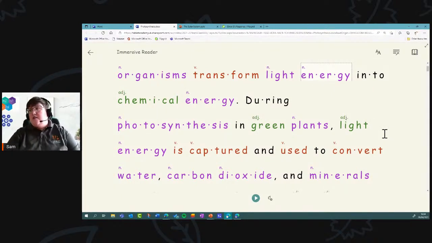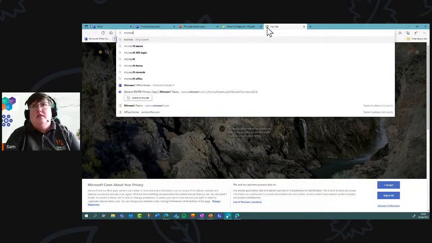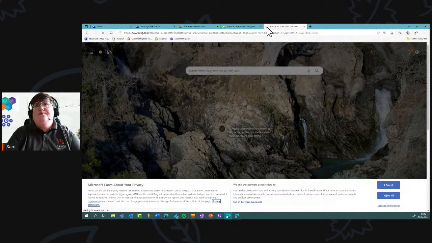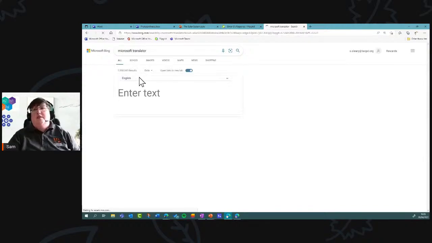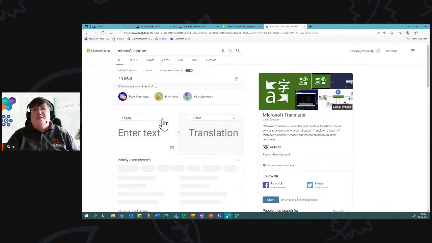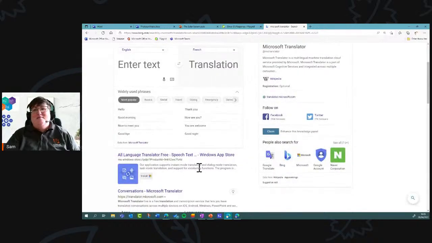Okay, so we said we've got the captioning, we've got the Immersive Reader. One thing just to point out around the captioning that we haven't mentioned here is that it does have the ability to have live translations in the notebook as well. So you can actually set up your OneNote to have translations in place, and you do that using Microsoft Translator. So we'll start off by going to the Microsoft Translator tool. It's just very simply going online. You can do a quick search, and that'll bring up the ability to convert things here. But we're just going to go to